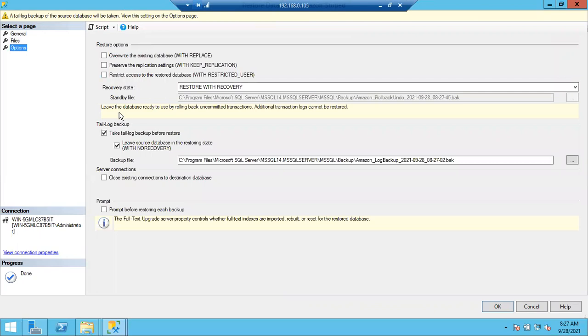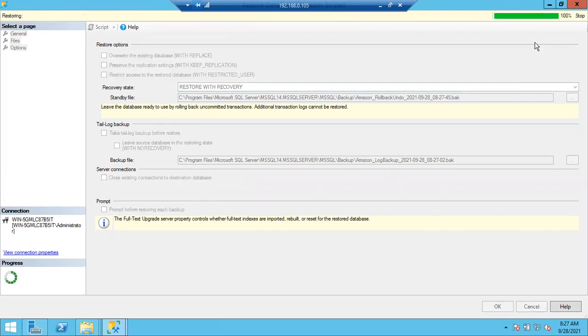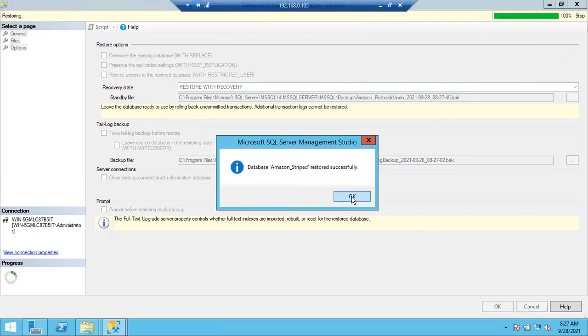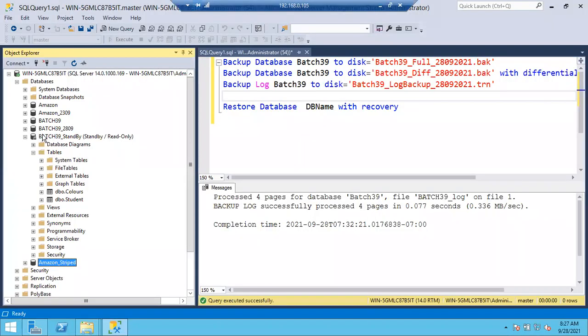Options as it is. I'm going to restore only the full backup. Okay, I have only one striped backup, that is the full backup. You can restore it. Successfully completed. Okay, what you have to do? You have to simply give